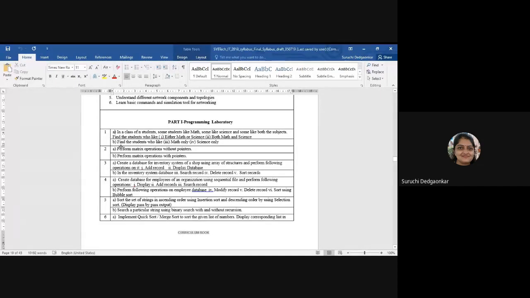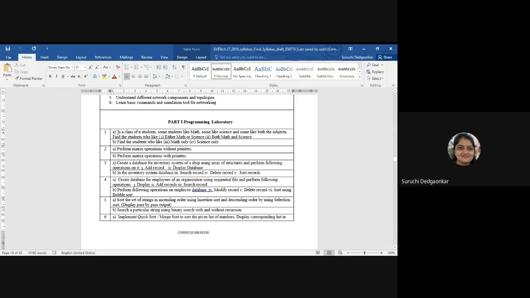It has two parts. In the first part, in a class of n students, some students like maths, some like science, and some like both the subjects.